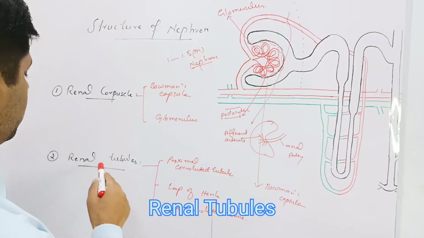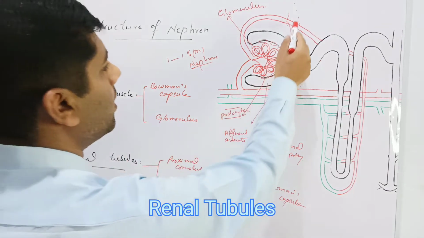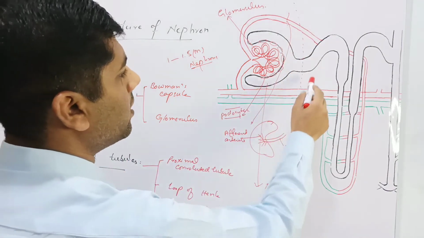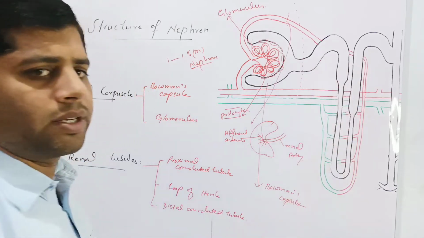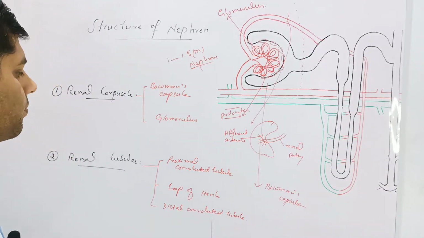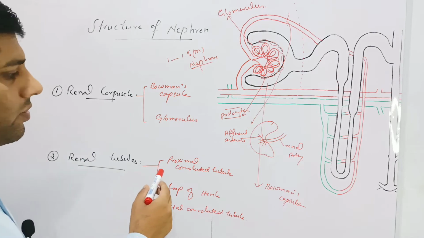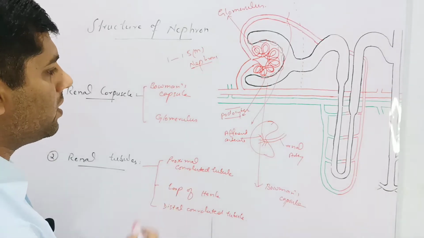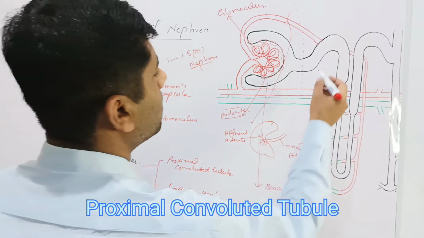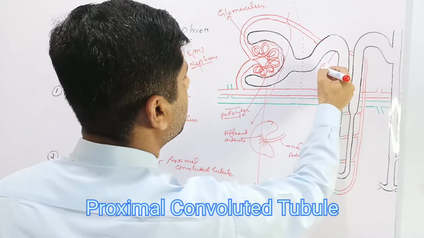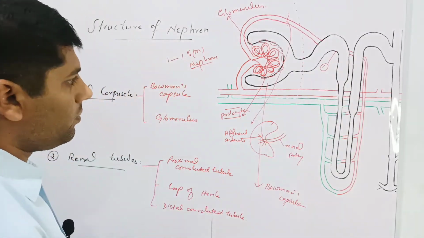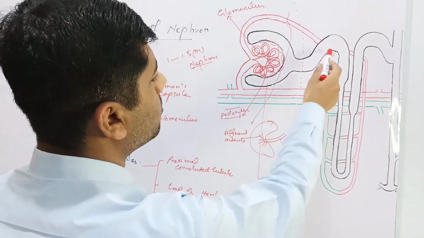The second structure is renal tubules. Apart from this renal corpuscle, all these structures are contained in the renal tubule segment. Renal tubules have three components. The first is proximal convoluted tubule. This is the proximal convoluted tubule, the first segment, which is emerging from the Bowman's capsule leading to the loop